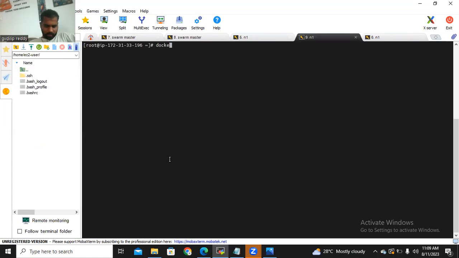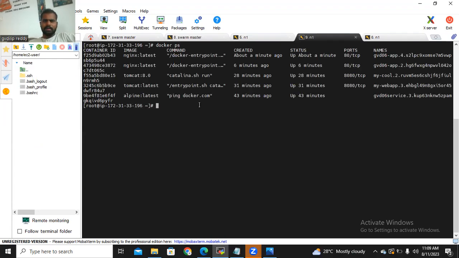Now give the command docker ps. See, there are 2 instances running with the same name, nginx latest, two similar names, because I have replicated them. Let me give the command